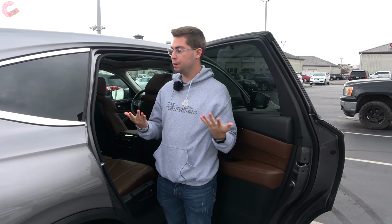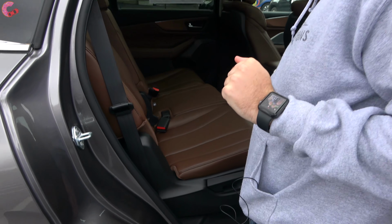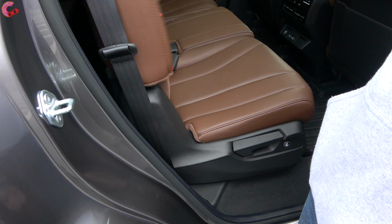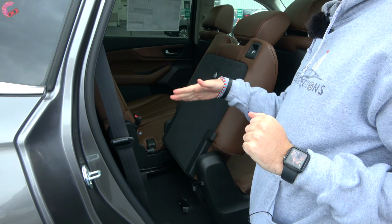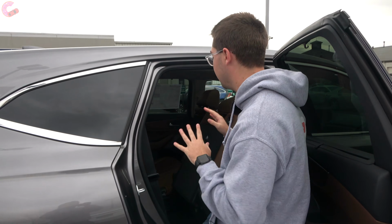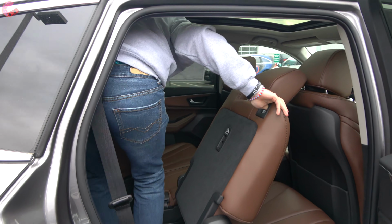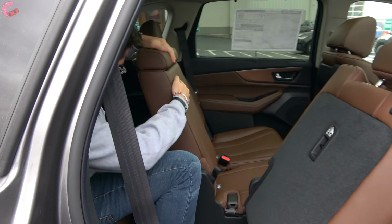Now the third row in the MDX is also quite nice, so let's go ahead and hop back there. Acura has made it extremely easy, so you just push this button right here. That will fold the seat forward, slide it out of the way. It's still to this day probably the easiest way to get into a third row, so I really applaud Acura for keeping that around. And then as far as getting back here,